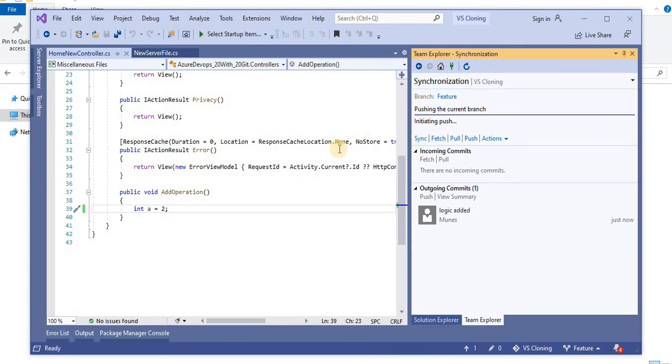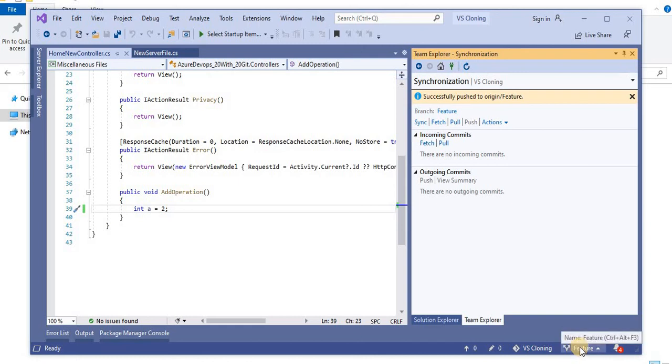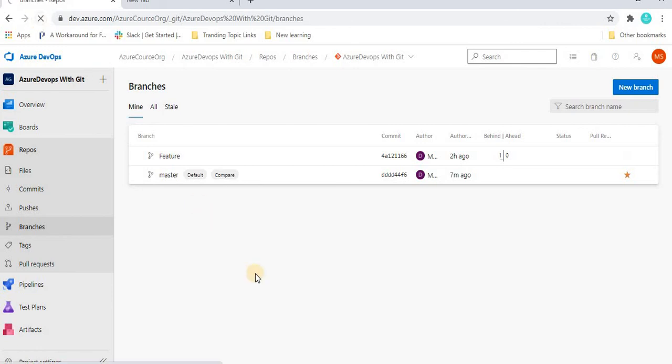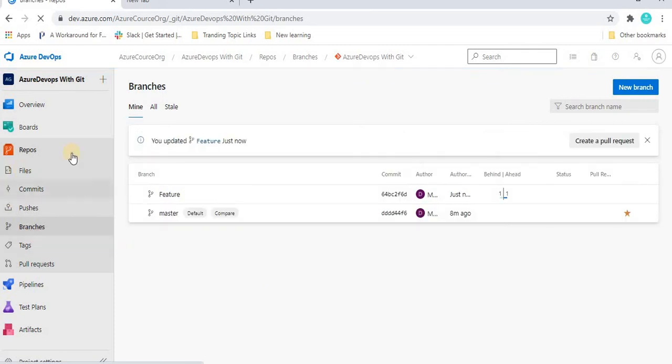Once we do the commit, we will go to the browser and see how the changes look, and the changes we are doing are into the feature branch. Here also we are looking that this feature branch is active, and we have seen how we activate other branches, and here also we can see successfully pushed to the origin feature branch. So let's go to the server, and once I refresh this page, after the refresh we will see all the files also, like what all the changes are.